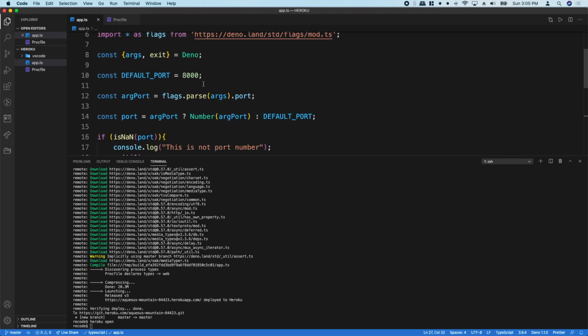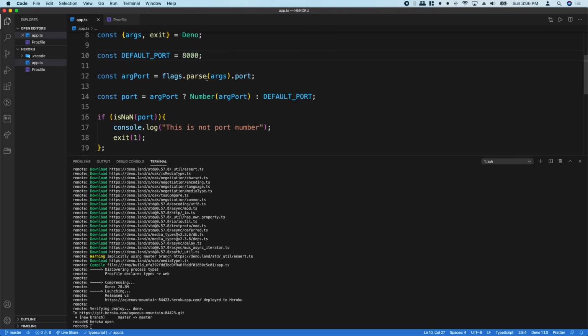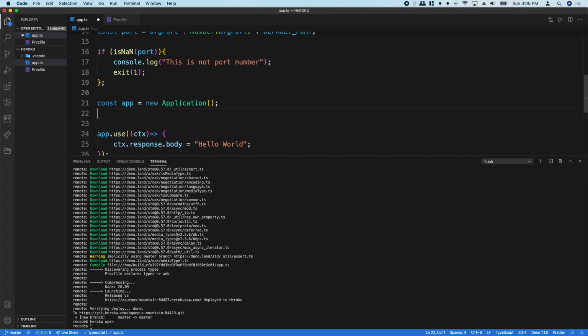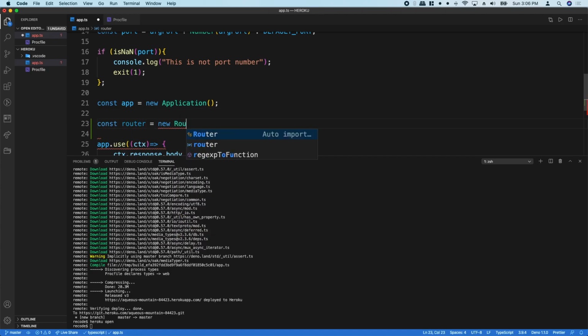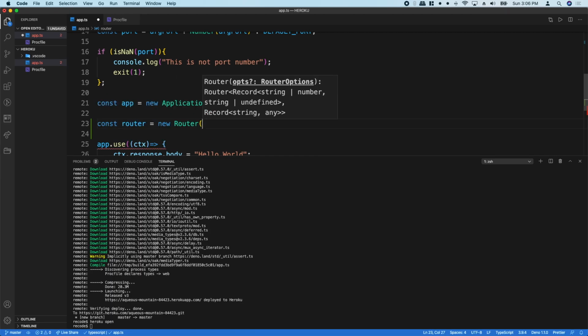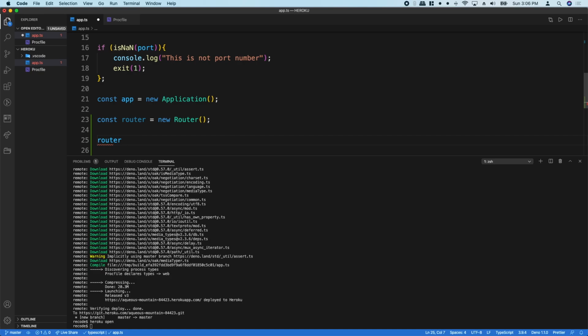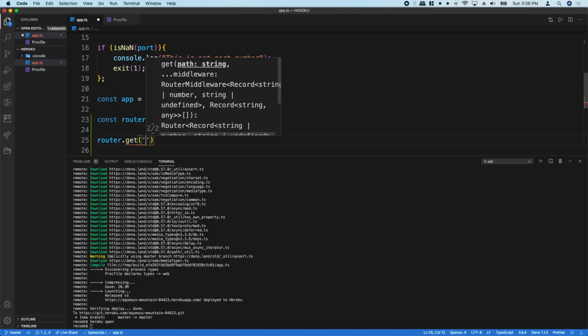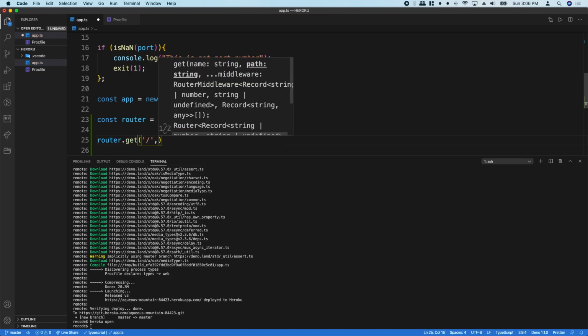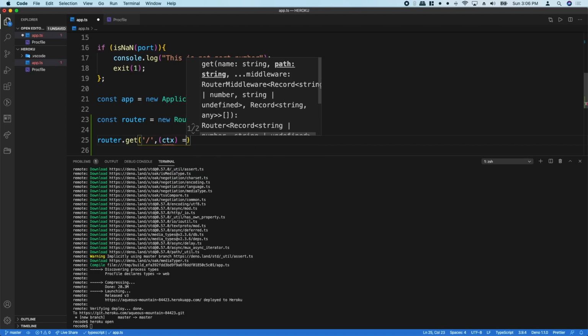To do so, inside our Oak import statement, we need Router. Then we need to initialize our router as const router equals new Router class. Then we can set our router to handle a get request to the root path and send a response as this is the main path.